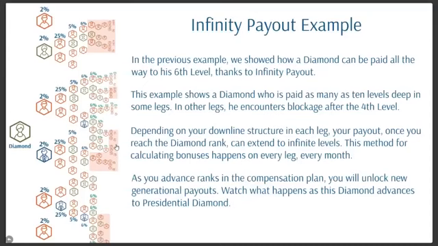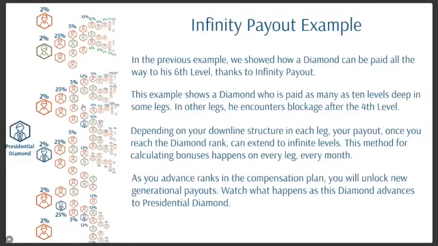So watch what happens when this diamond actually advances to presidential diamond. So let's switch them out, make them presidential diamond. What's going to happen to all these 6 percentages? You said they're going to 12. You've been paying great attention. Awesome job. So all those 6s are going to turn to 12s. And then what's going to happen to these areas where they were getting blocked because they had diamonds and presidential diamonds in their downline organization? They're actually going to get access now to those levels because not only are they switching that 4th generation from a 6 to a 12%, but they're getting paid 2 more percentages with Infinity Payout.